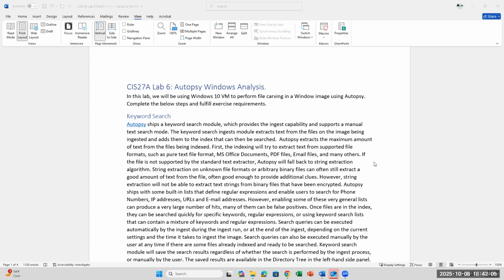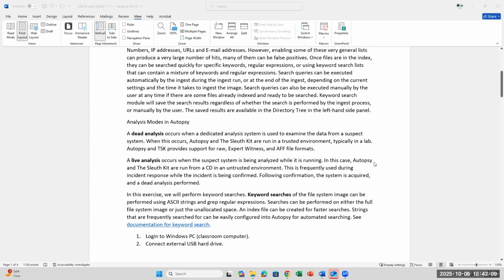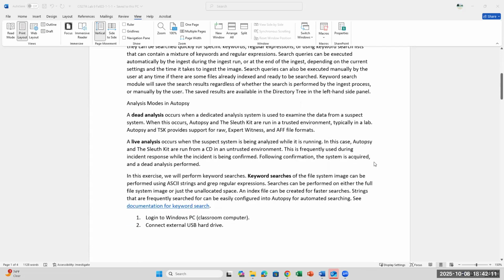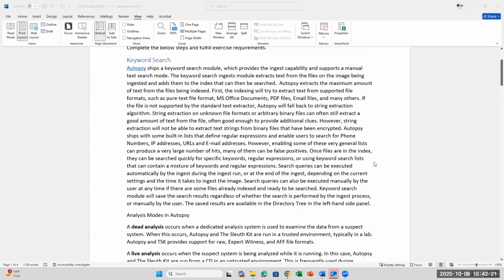Okay, so we are gonna do autopsy analysis in Windows system. I think if you've taken my CS-27, you probably have seen something similar. We are gonna do some analysis, so it gives you some terminology at the beginning. So autopsy is